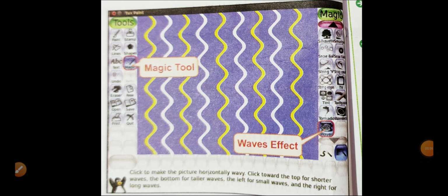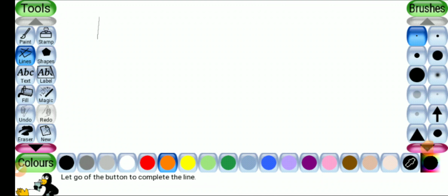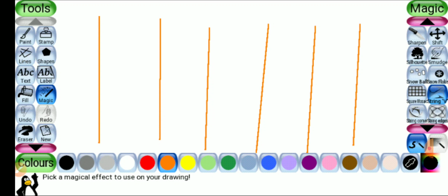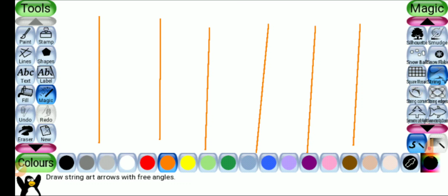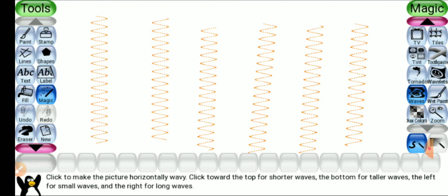next tool is waves effect. Now in this tool we will draw some lines and then click on wave tool, and lines will become like waves. Okay, let us see practically. Click on lines, draw lines, then click on magic, click on wave tool. Just click on one line and all the lines will become waves. Okay,